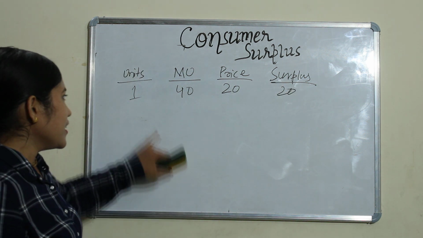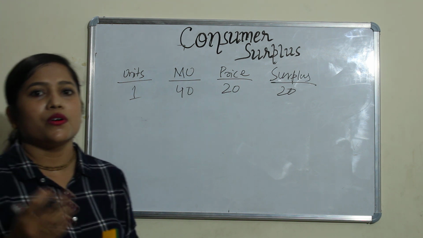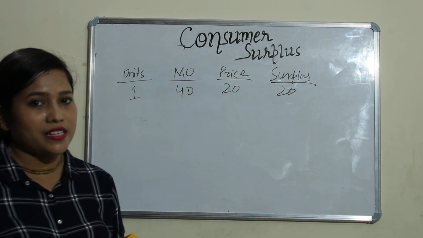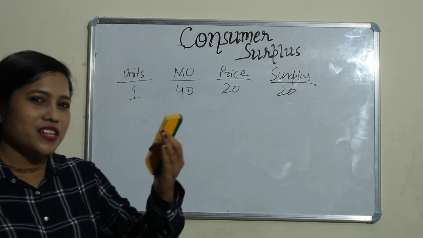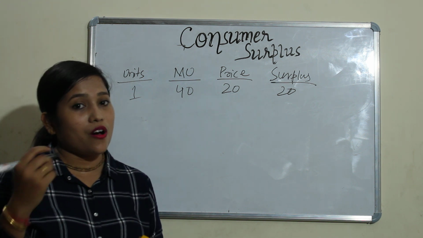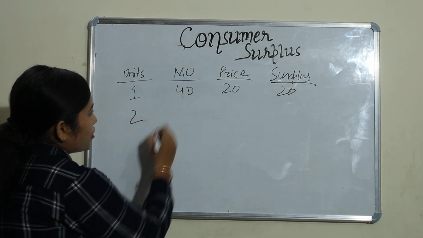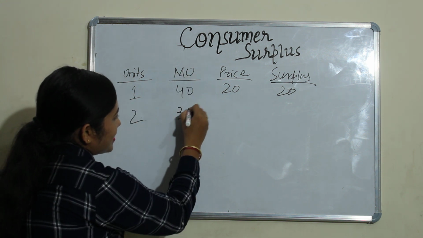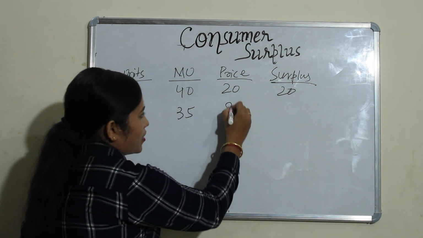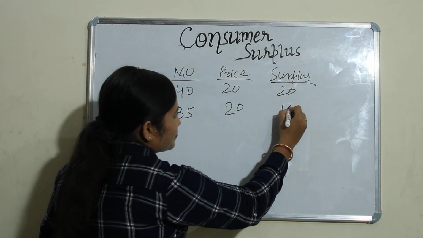Okay. So 1 glass of lemon water you already have. Again another glass of water you want to have. Okay, but what happened in that time? You have already consumed 1 glass of water, so your marginal utility will decline. Yes or no? We have already studied the law of diminishing marginal utility. See, for the second glass of water, your marginal utility has declined. Now you are ready to pay 35. But the glass of lemon water is still 20 rupees. So what is the surplus here?